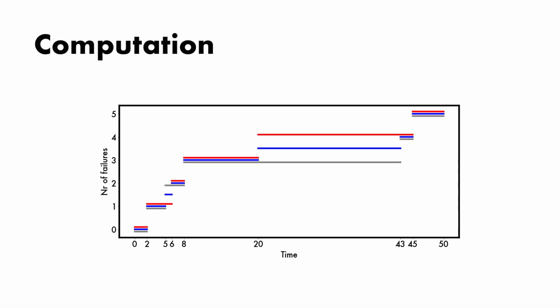So we have here an example of the mean cumulative function, and we can see two systems here. They are represented by their counting random variable, and they are the red one and the gray. The mean cumulative function is the average value along the dimension of time, and we can see it here represented by the blue line.